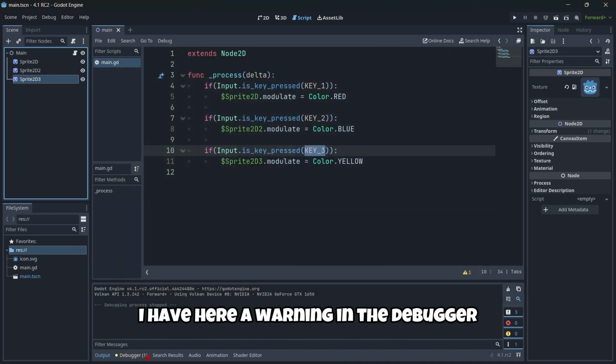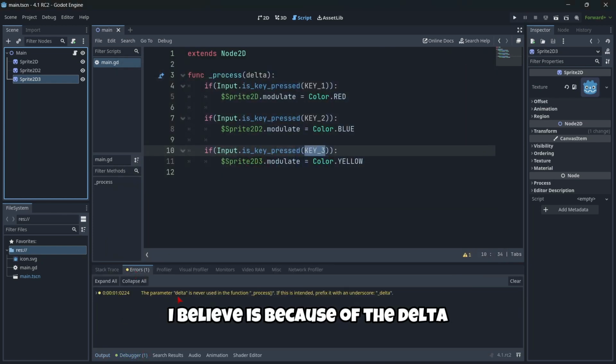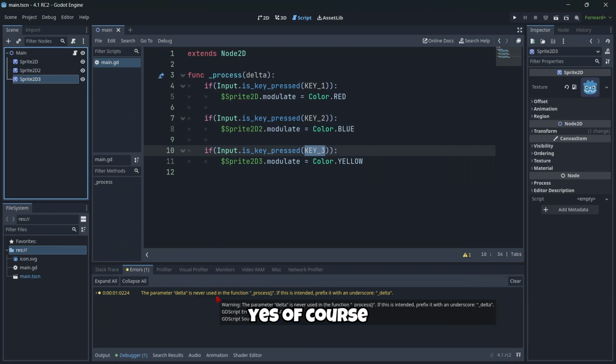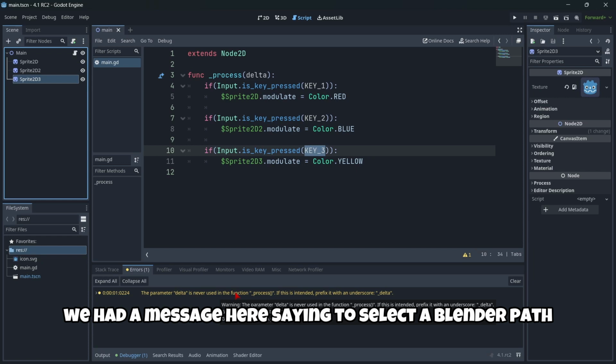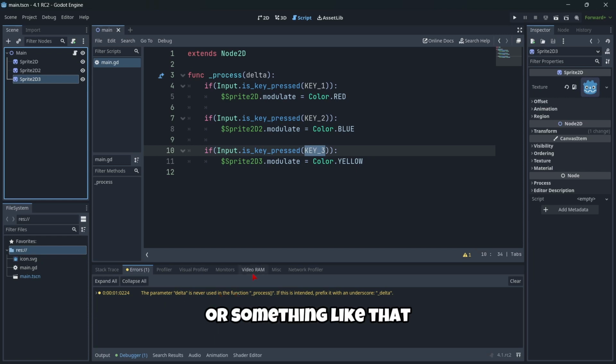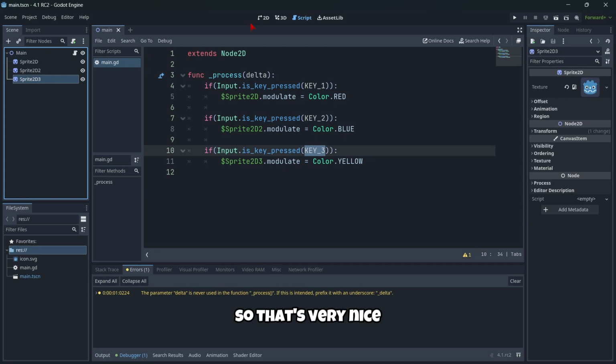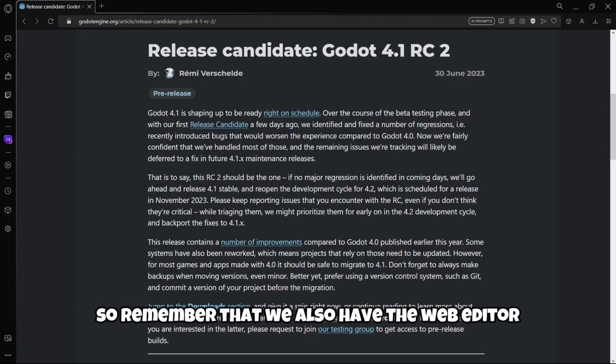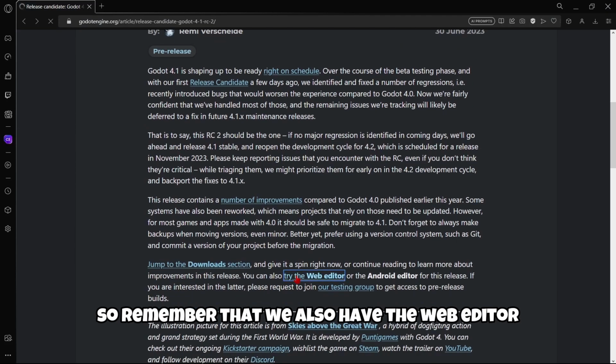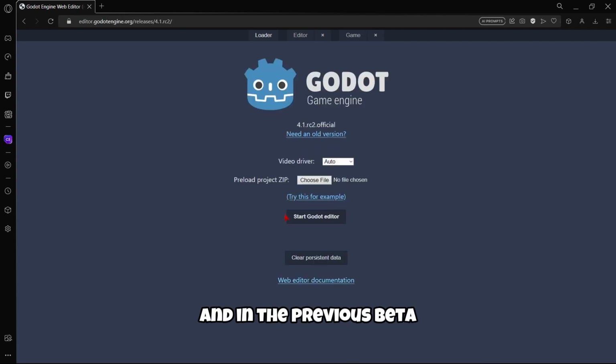I have here a warning in the debugger. I believe it's because of the delta. Yes, of course. Remember that in previous versions we had a message here saying to select the Blender path or something like that. I don't really remember what exactly it said, but I believe now we didn't have that issue, so that's very nice. So remember that we also have the web editor,